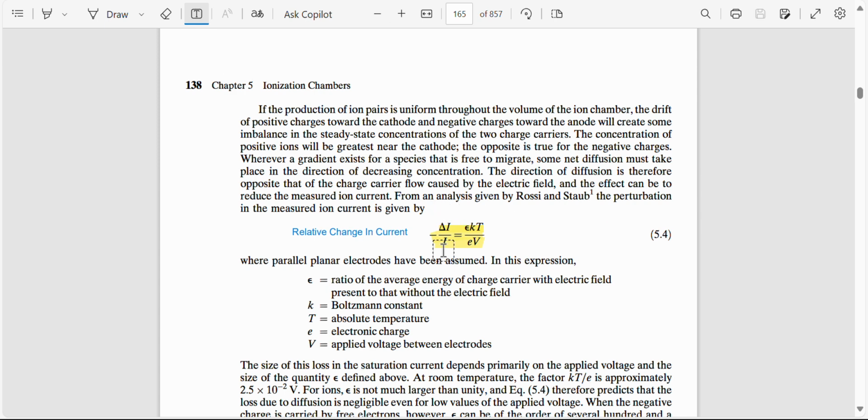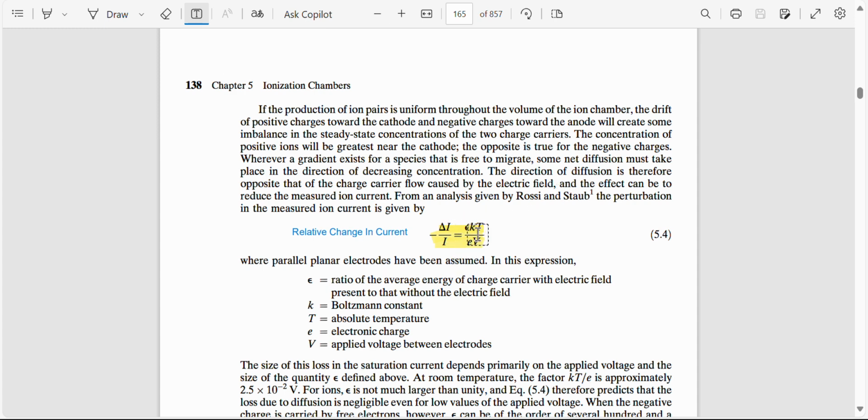Okay, so let me give you a practical example that you can solve by yourself. A device operates at temperature 27 degrees Celsius with average electron energy 0.025 eV. If the applied voltage is 1 volt, calculate the relative change in current. So the value of average energy of electron is given, which is 0.025 eV, which you have to put